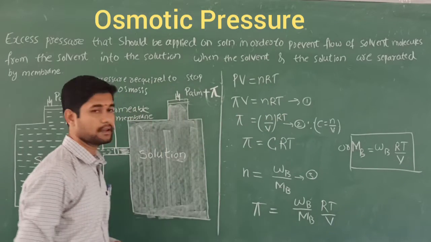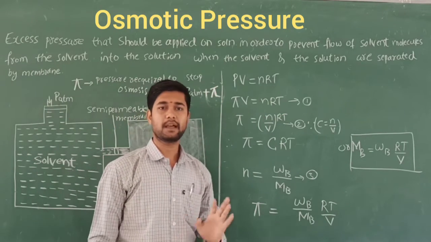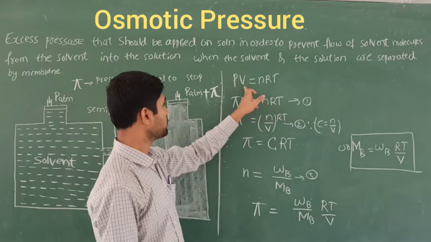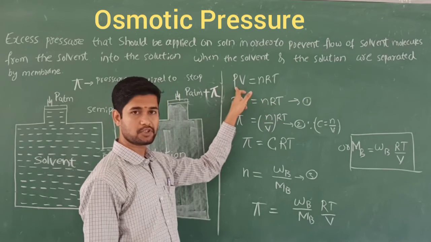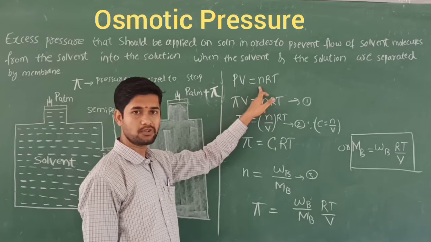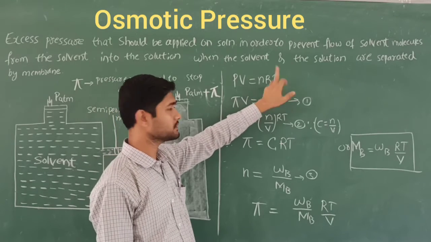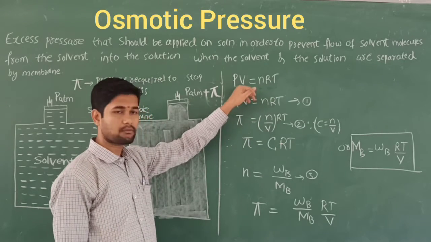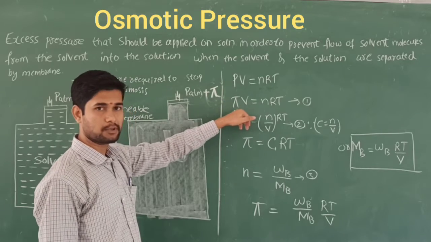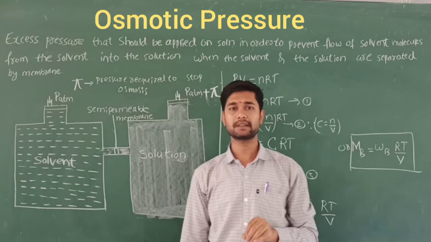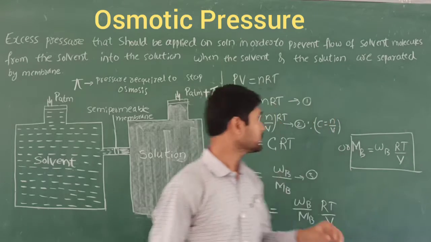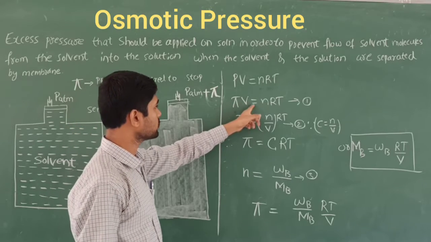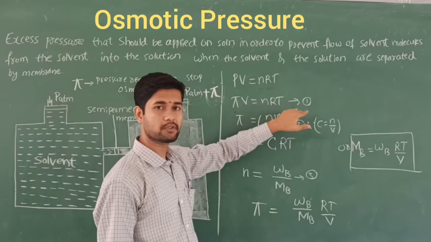So let's take the derivation part here. You know that sometimes dilute solutions behave like an ideal gas. So for an ideal gas, you know the ideal gas equation is PV = nRT. P is the pressure, V is the volume, n is the number of moles, R is the gas constant, T is temperature. According to this ideal gas equation, we are going to modify this. Instead of this normal pressure, we are going to apply pi, that is called osmotic pressure, and osmotic pressure can be denoted by the letter pi. So instead of this pressure, I am going to apply this osmotic pressure. So osmotic pressure into volume is equal to nRT. This I am going to call equation number 1.